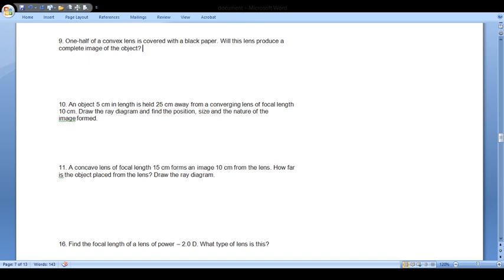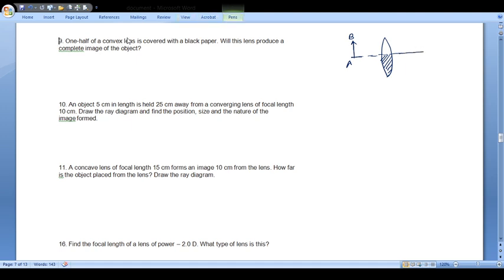So I hope this part is clear to you. Now let's say this numerical. The numerical says that 1/2 of a convex lens is covered by a black paper. Will this lens produce complete image of the object? Now see, at one go you must be thinking कि अगर ये lens है, अगर इस lens को हमने half कर दिया, मान लो ऐसे कर दिया है, this half is covered with the black paper, let us suppose. तो हमें, और अगर ये object यहाँ पे AB है, right? So you must be thinking कि will the lens produce complete image? तो आपको लगेगा शायद ये image इसकी आधी ही बने. ऐसा नहीं होगा.